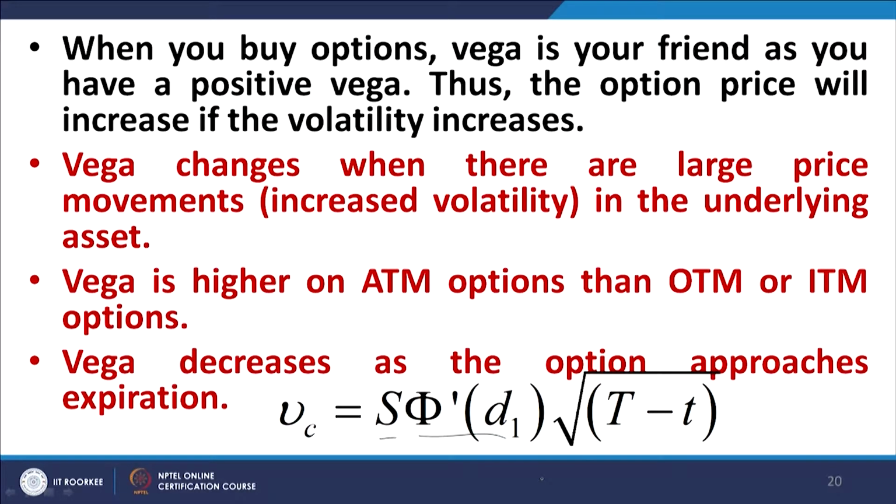And as I have explained earlier, Vega decreases as we approach maturity. This is converse to what happens in the case of gamma and theta. Gamma and theta both increase; gamma is positive and it increases, theta is negative and it becomes more negative in that sense, the absolute value increases. Vega however decreases as we approach expiration, because as I mentioned, the longer maturity options have the longer cumulative effect of a change in volatility of the underlying asset.